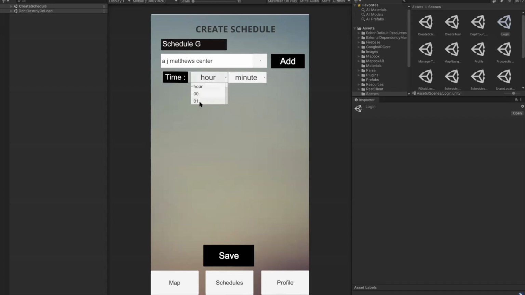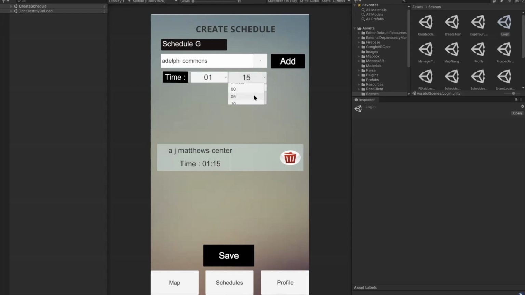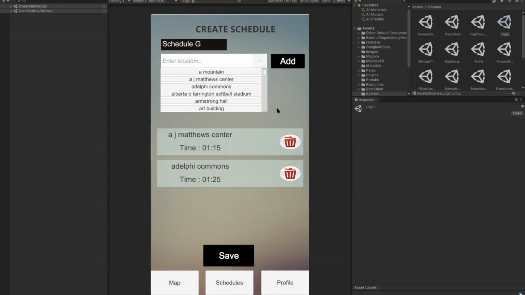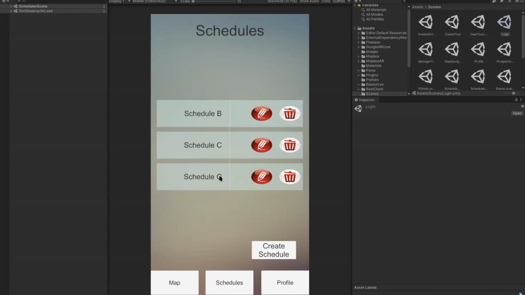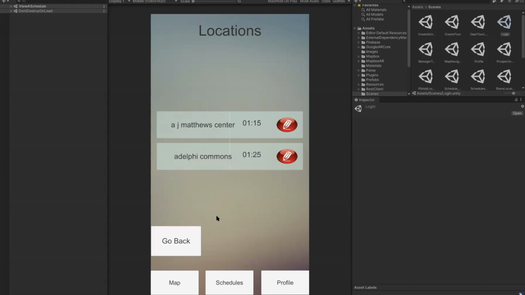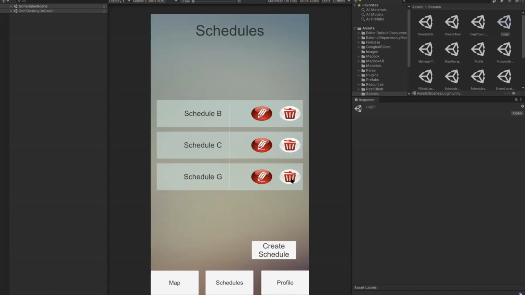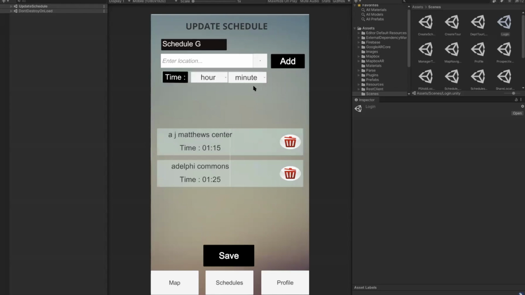I'll add a couple of locations. Click save. As you can see, our schedule is available. And once I go there, these are the locations which I just added now. I can edit the schedule by clicking on the edit button, and I can again add some more locations